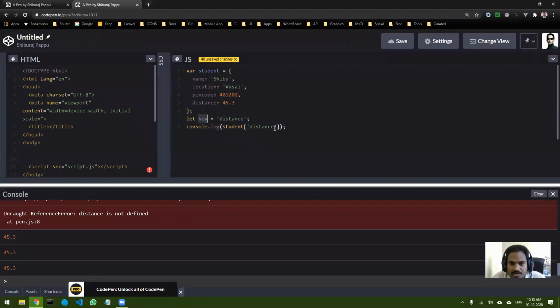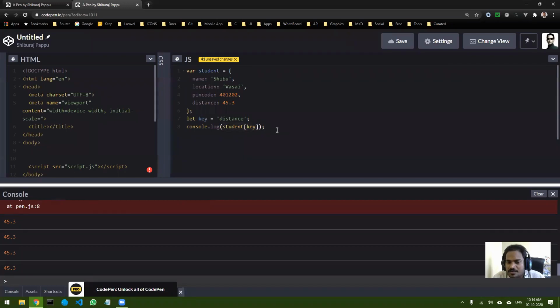You can simply do this, in this particular syntax. But if you do the previous one, let's try. If you do this dot key, you can see it gives you undefined. So this is where the previous method, using the dot operator to access a particular object, fails.